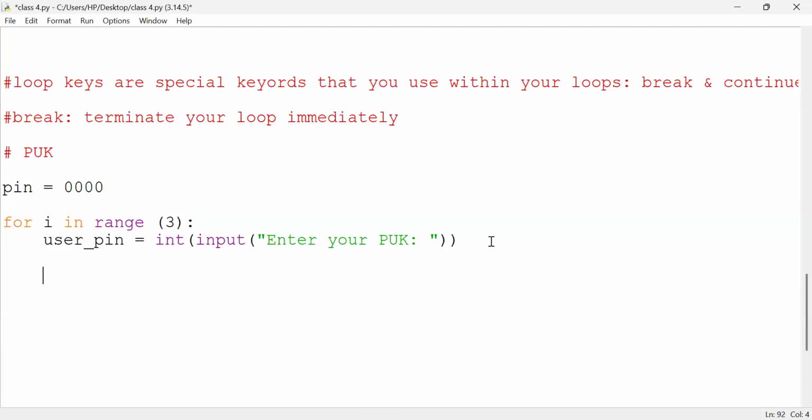So here I could simply say, if user pin, that is, if the pin that you've typed is the same as the pin that we have, in that case simply break, because